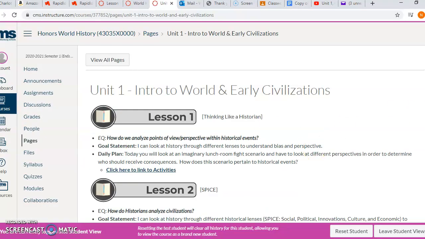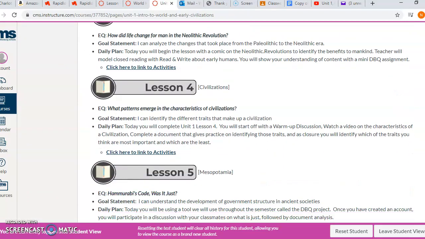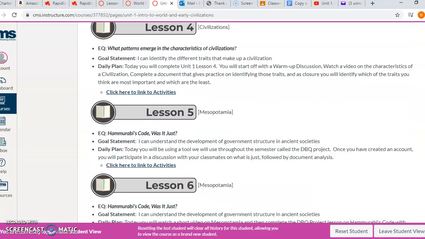And on August 27th, we were on lesson 5. So we had discussed the themes of history, bias, and prejudice. We had talked about in the very beginning how to start thinking like a historian. At that time, you should have heard the terms sourcing, corroboration, contextualization, and identifying bias. So then you started playing with the position of being the principal in the lunchroom fight, and then you had a chance to go through a DBQ